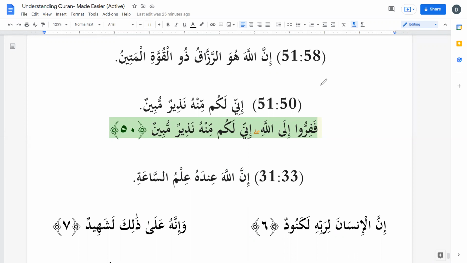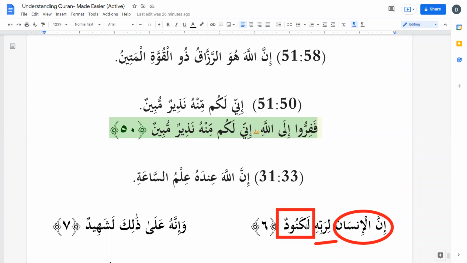The last two sentences. Okay. Innal insana. Inna is a harf of nasb. Insana is the ism, so Innal insana is mubtada, harf of nasb and its ism. Then li is a harf of jar, Rabbihi is ism majroor, so this is khabar muqaddam. And lakanud, lakanudun, it's rafa. So this is the second rafa and it's a